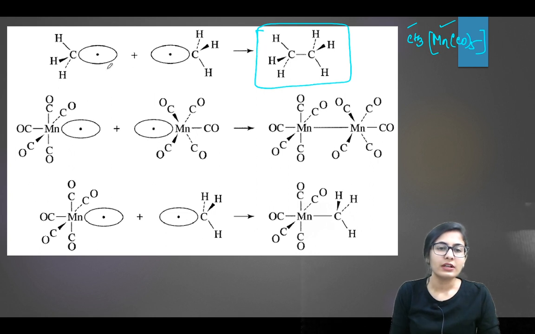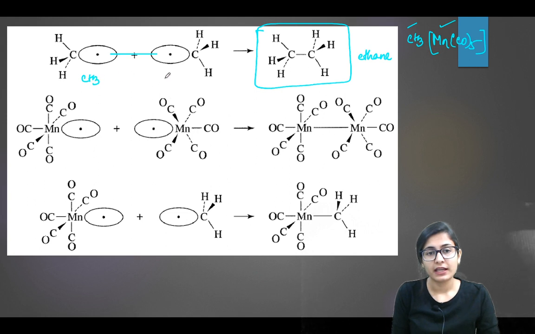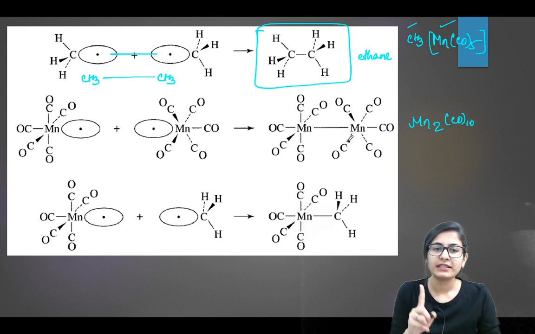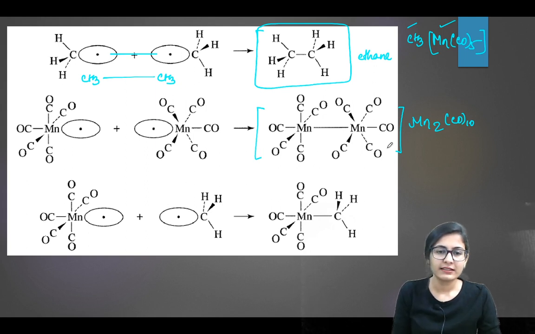Yes. So here you form the ethane molecule. How do you get the ethane molecule? By the combination of CH3 and CH3 fragments, isn't it? Similarly, you can dimerize Mn2(CO)10, and the bonding must have one metal-metal bond like this. So we are able to understand and describe the bonding based on already studied organic molecules, isn't it?